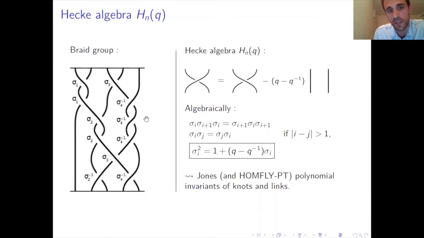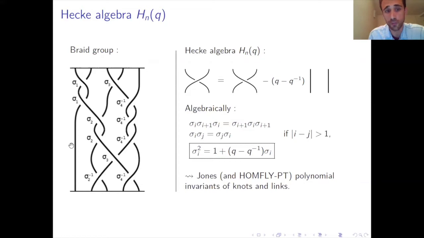So one naive idea is to consider a quotient of this group to make it simpler. And the first very natural quotient is the following. So for now, just forget this term and just look at this relation. This is equal to this. What does it say? It says that we can actually forget about crossings. So it says that you can replace a crossing by its opposite. In other words, you can forget all about the crossings here,